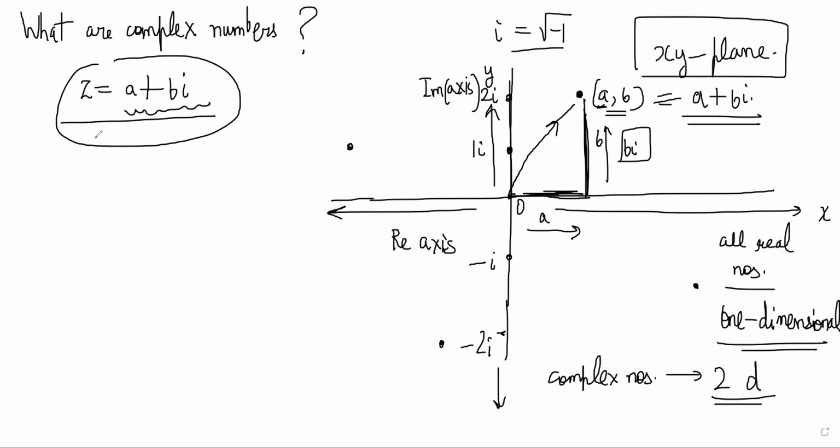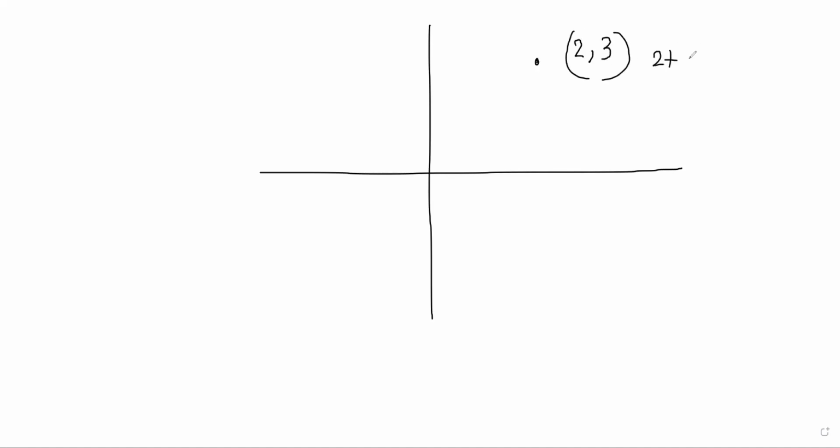Okay, so once you have this complex number, we can even represent it in a different form. There are multiple ways to represent complex numbers. We can represent it in this form called polar form or Euler's form. Have you guys heard of that? Yes, sir. So if I give you a complex number 2, 3 or 2 plus 3i, what is the polar form or Euler form for that?